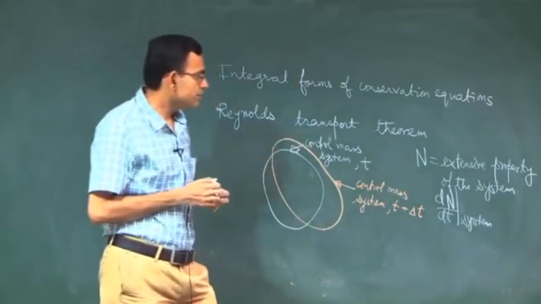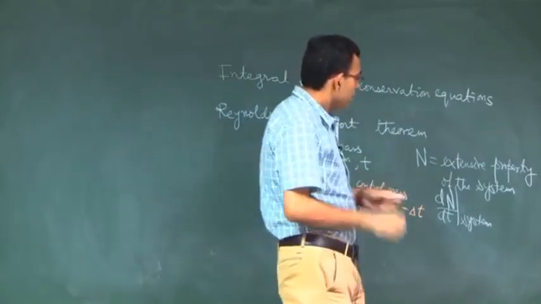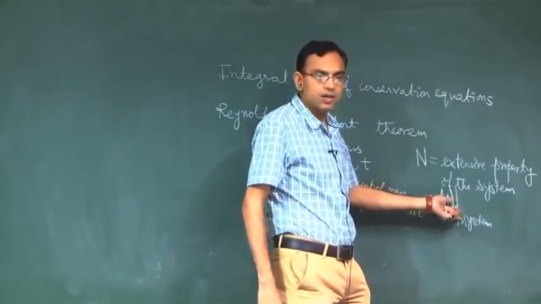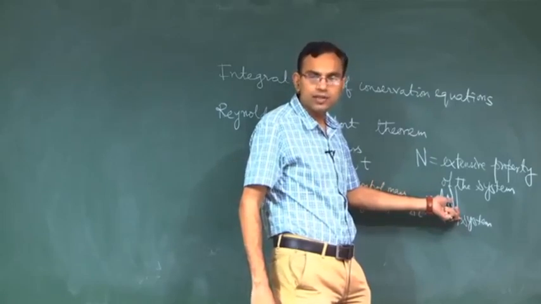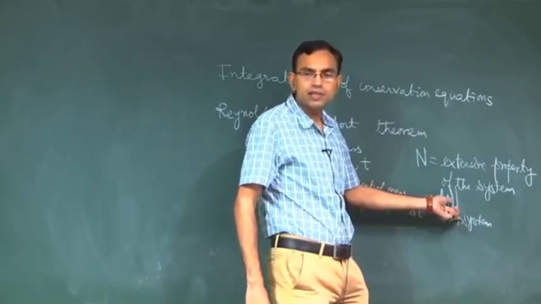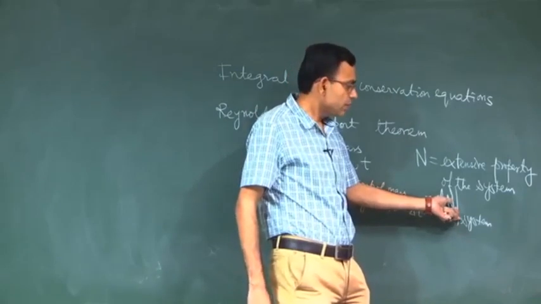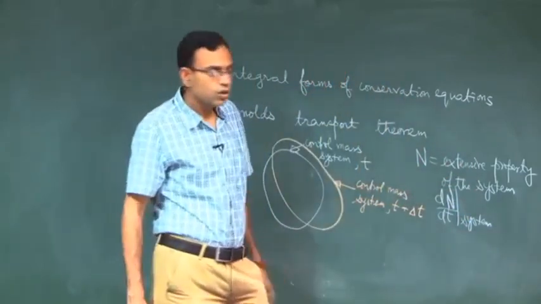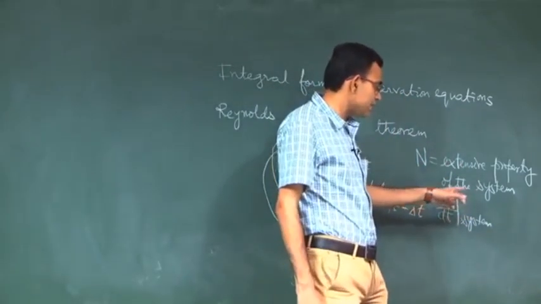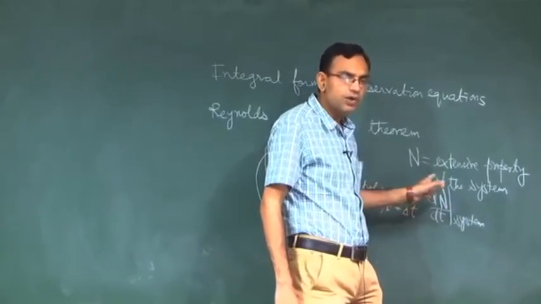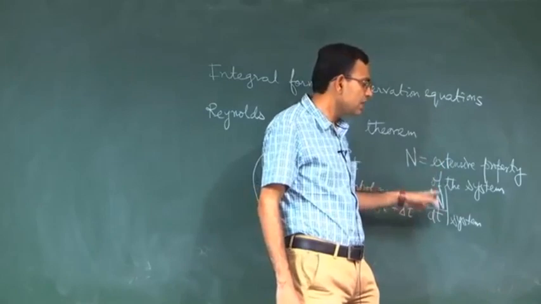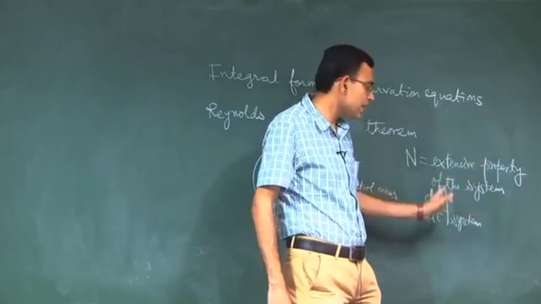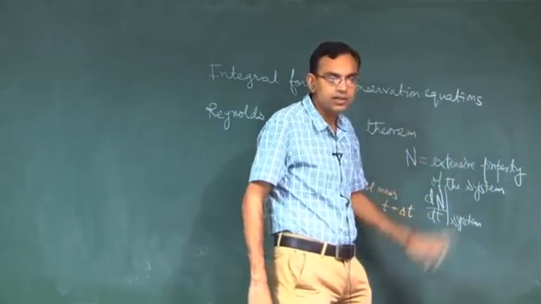It is so needed because this dN/dt of the system, imagine that N is equal to the mass. So, we have the law of conservation of mass which talks about the fact that the total mass of a system remains conserved. There is no law which tells that total mass within control volume remains conserved. So, if we can express the system conservation law, for which the foundations are already there, in terms of the control volume conservation, there will be some correction terms, and those correction terms we will establish through the Reynolds transport theorem.